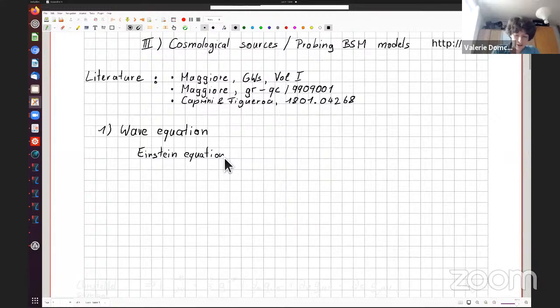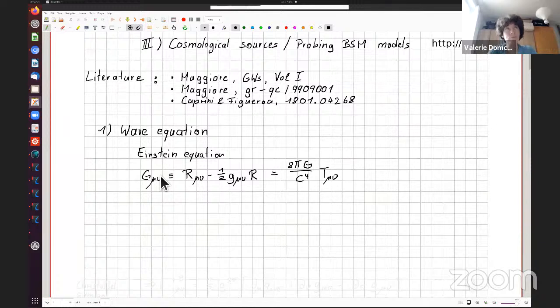Einstein's equation relates, on the left-hand side, objects that are related to the metric, to, on the right-hand side, objects related to the energy content of the universe. So G here is Newton's constant, c is the speed of light. At some point I'll switch to natural units, but let's keep them for the moment. And this entire left-hand side is also often called capital G mu nu.